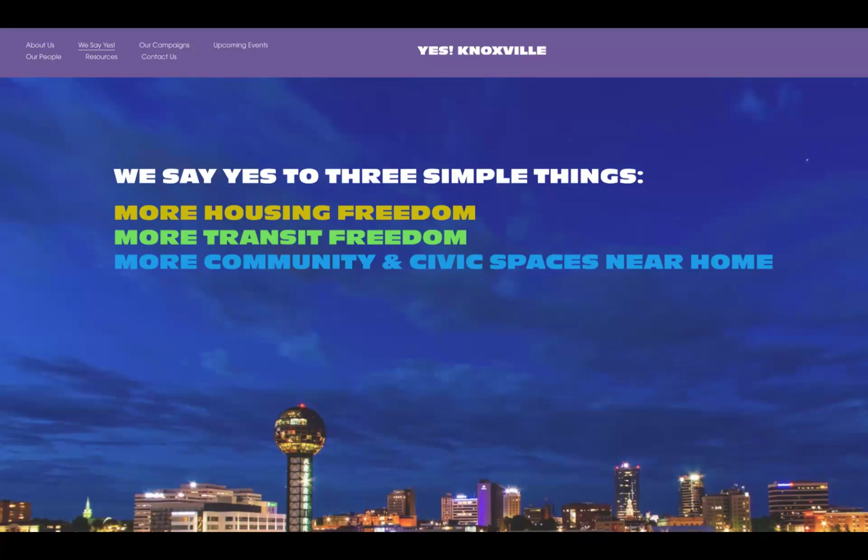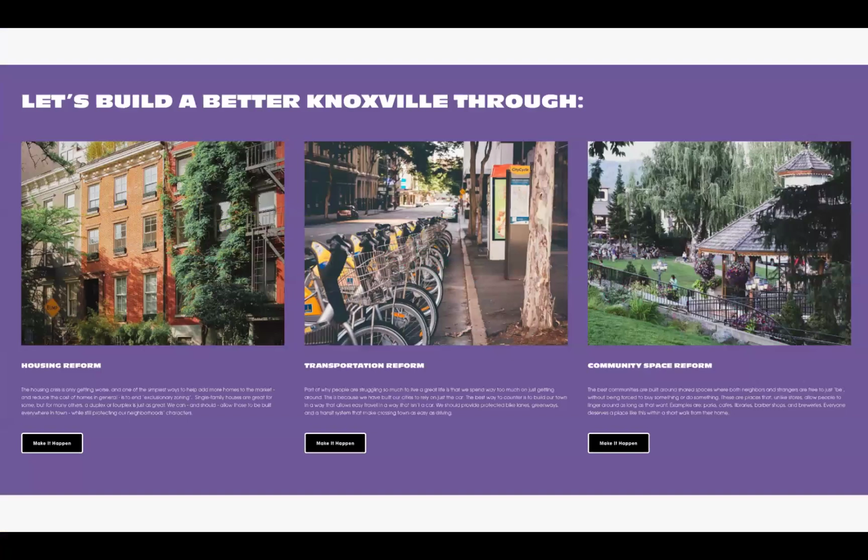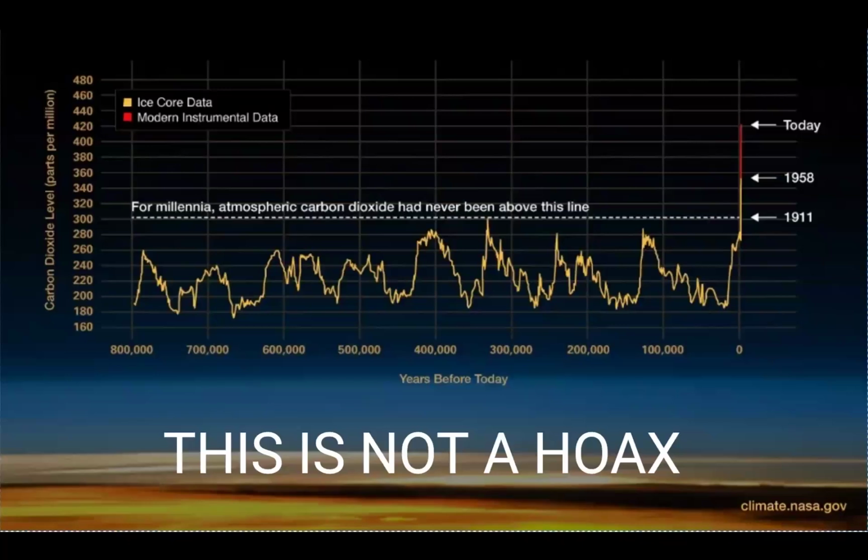And so we, at the end of the day, are pushing for more choice and more freedom in the areas of housing, transportation, and public space. The way we do that, again, is through reforming our current codes and our current zoning and educating people on the structural barriers that keep us from building a more equitable, more sustainable city for everybody. And so we'll get into later on how you all specifically as architects can advocate for these things. But first, we have to go over our present reality, which is that this is not a hoax, despite what people say.